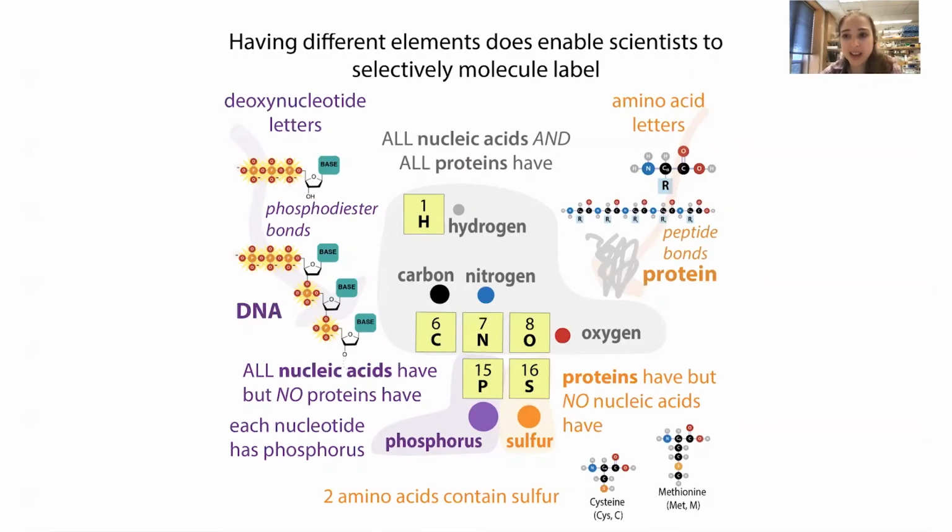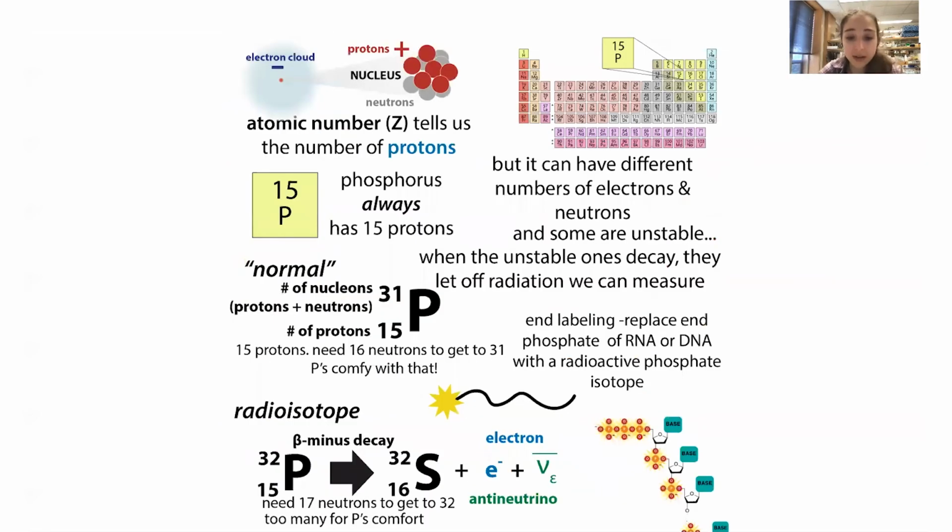You might be thinking, people actually still use radioactivity? And yes, we use it all the time, especially when I'm working with RNA. I radiolabel the ends of the RNA, and this is really helpful. It beats putting on a big fluorophore, a big tag that's going to give off light or make it detectable some other way, but then could interfere